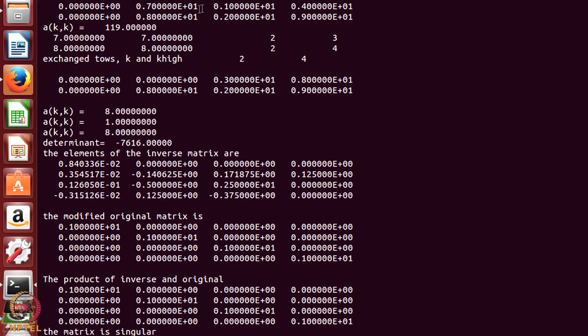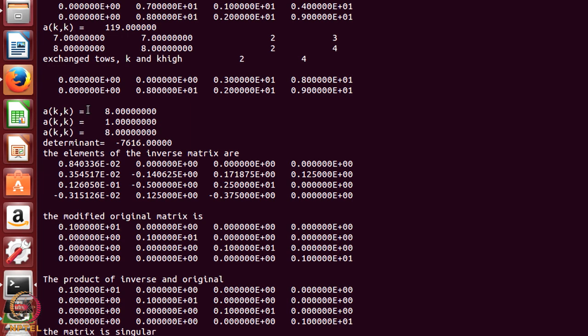The third line is 0, 7, 1, 4, and the fourth line is 0, 8, 2 and 9. So, this is my original matrix, and the first AKK was 119, and it tells you whether it exchanges rows or not. Whenever it exchanges rows, it will tell you it has exchanged rows k and k high.